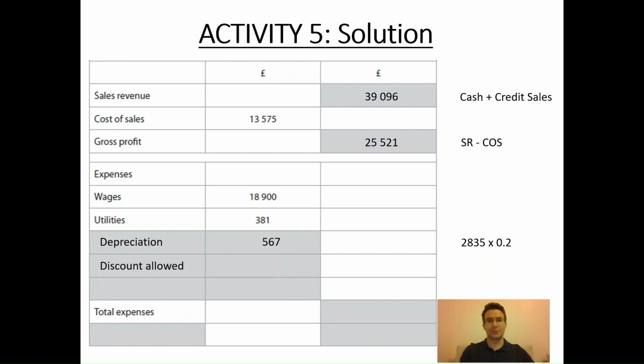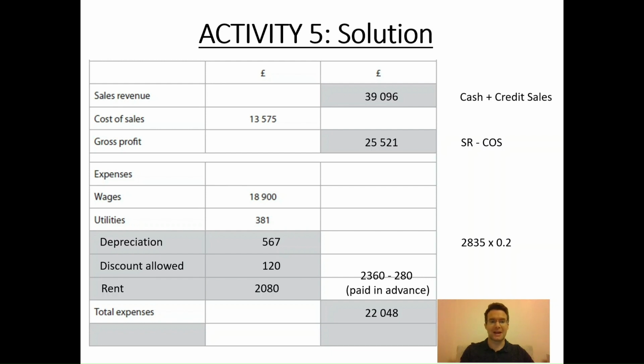The second thing we had to include within her expenses was the discount allowed. Now, this was fairly straightforward, it was given to you, but nonetheless we had to include it in the expenses figure. Rent was a third thing, and this was a bit more tricky. Now, the rent for the year was £2,360, but she paid 280 of it in advance, which means that the actual figure for rent in that financial year was 2,080, of course being an expense. So to work out the total expenses, we simply add up those five figures and we come up with a figure of